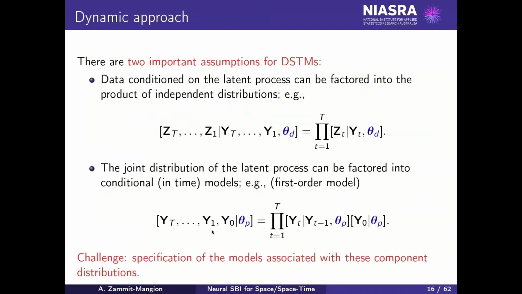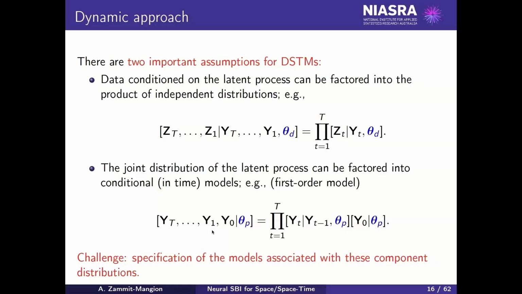So we still have the data model and the process model. And what we're going to do now is consider the joint distribution of the data given the process. A typical assumption, which does hold in many situations, is that conditional on the underlying process, the data are independent. So the error is IID, or at least independent, not necessarily identically distributed. And what that means is that this joint factorizes as a product of conditionals,